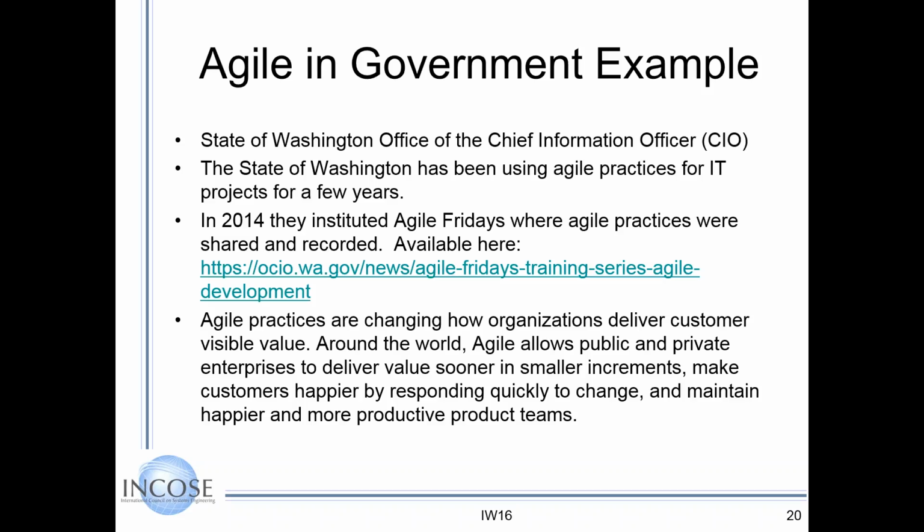One of the things that resonated with me on their website is it talks about Agile practices. Organizations deliver customer-visible value around the world. Agile allows public agencies to deliver in smaller increments, making customers happier by responding quickly to change and maintaining happier, more productive product teams. And that really resonates with me, because the team feels like they're making a contribution.